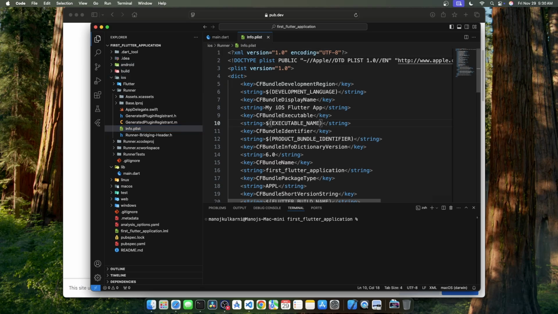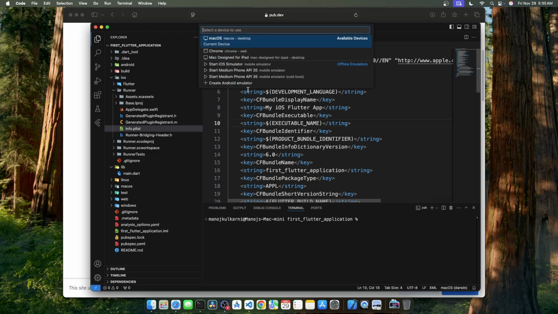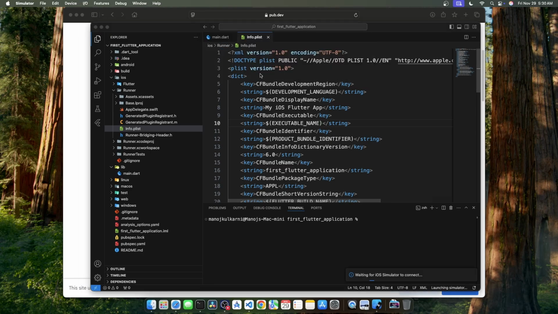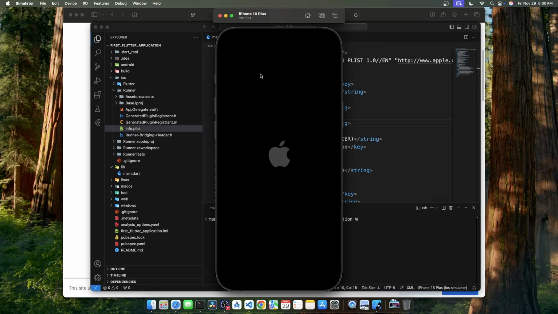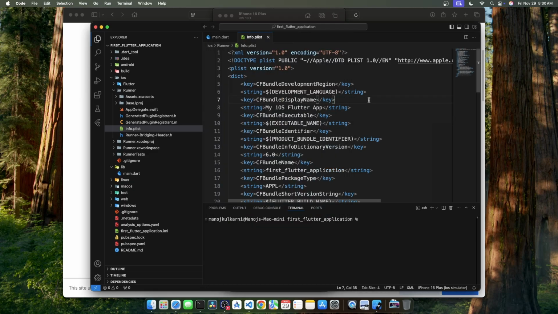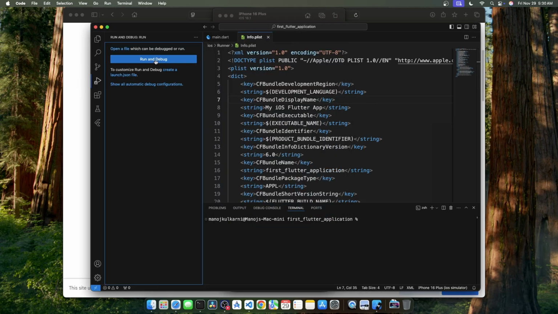Now let's run this iOS project on the iOS simulator. Let me select the iOS simulator option. This will launch the iOS simulator. Okay, it's launched. Now let's run the application on our